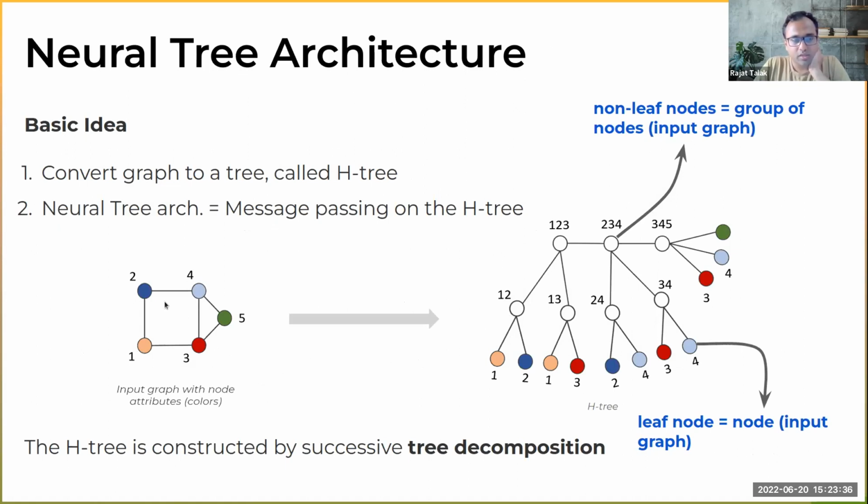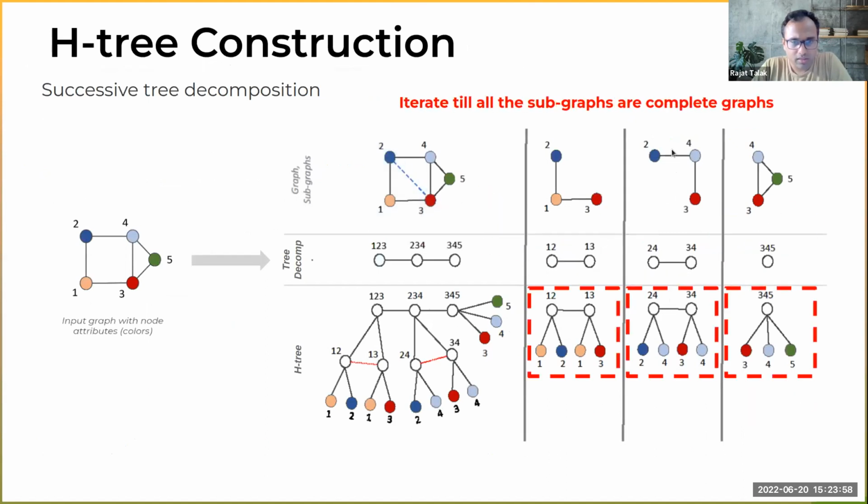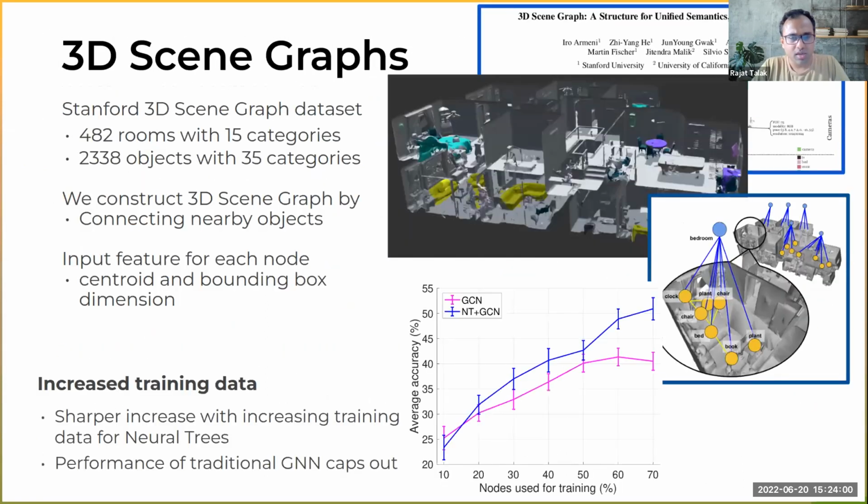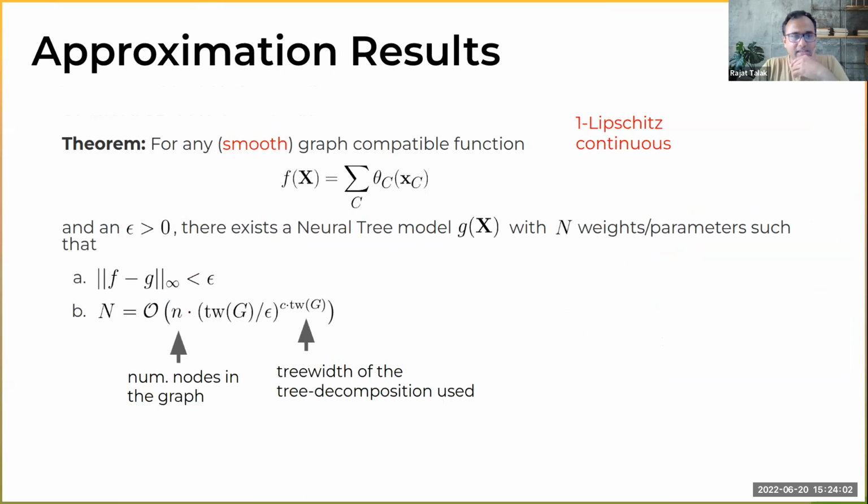So for the given input graph, we construct what is called an H tree. Now, an H tree is different from the junction tree. We construct the H tree by successive tree decomposition. So we get a hierarchy of features rather than just one level of hierarchy in the normal tree decomposition. And we propose that you do message passing on this. I don't have time to go through all the construction results, but